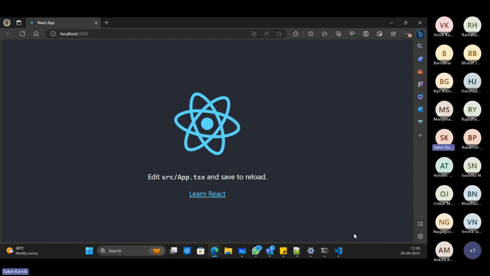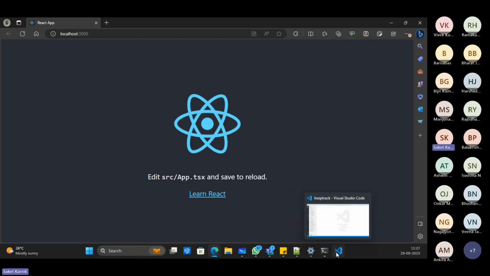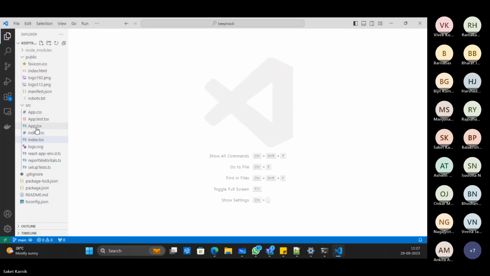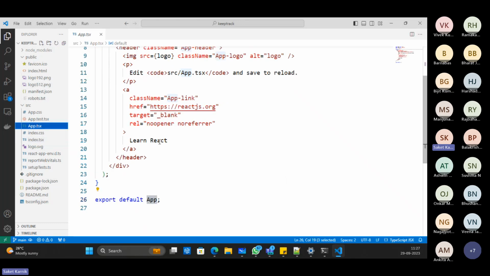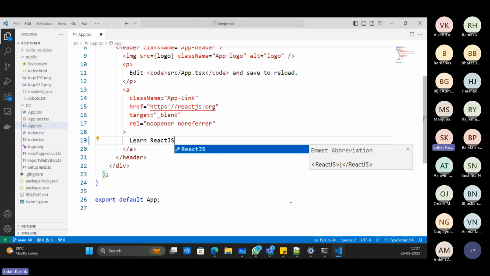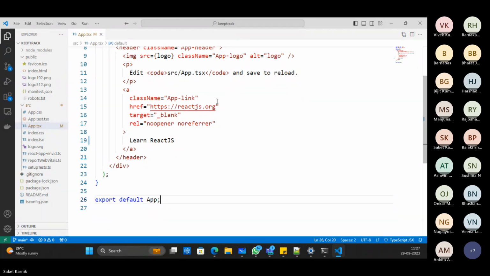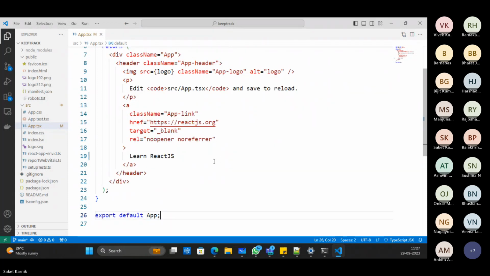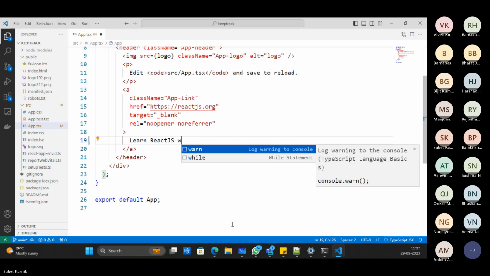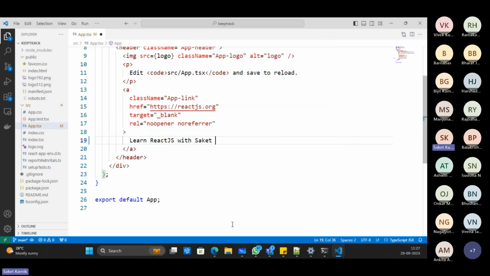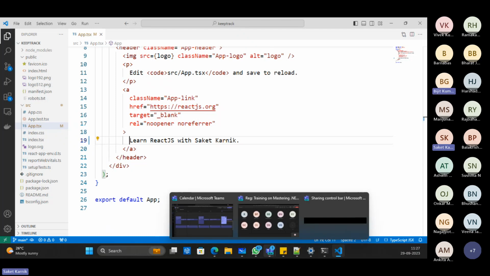I want to make some changes here. So I go back to VS Code and my implementation is there in app.tsx. I want to modify this, learn React.js. My application server is still running, remember that. More changes. Okay. I want a little bit of formatting over here as well. So I want this to be including